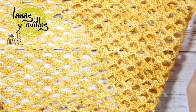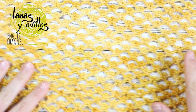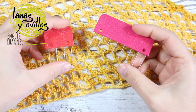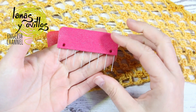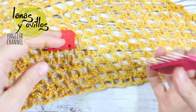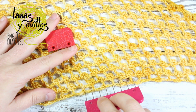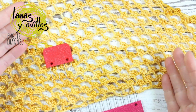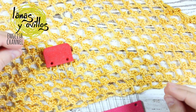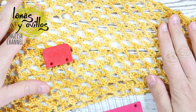Once you have the size of the shawl, you only have to block it. You can use those pins, or you can use needles. And you only have to wet with water, with water spray, or with an iron. You have to wet the fabric